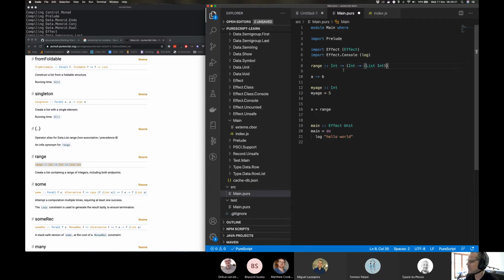And you can say, oh, the thing on this side is a list int. Does that make sense? So range actually only takes one parameter, int. It takes a thing of an int. What does it return? It returns this thing. What is this thing? It's another function which takes an int. And what does it return? It returns us a list of int. Does that make sense? Who doesn't understand this?